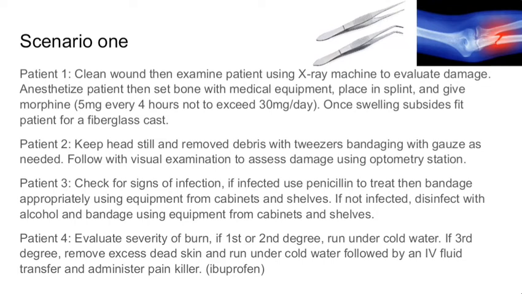Patient 4 had a burn on their hand, so we would first evaluate the severity of the burn. If it was first or second degree, we would run it under cold water. And if it was third degree or more, we would remove excess dead skin and then run it under cold water, followed by an IV fluid transfer from one of our beds with the IV stations. And we would administer painkiller, and we would choose ibuprofen for this one because morphine seemed a little excessive for a burn, so